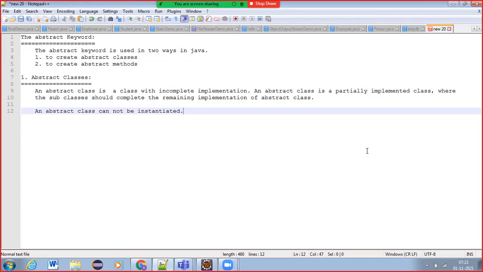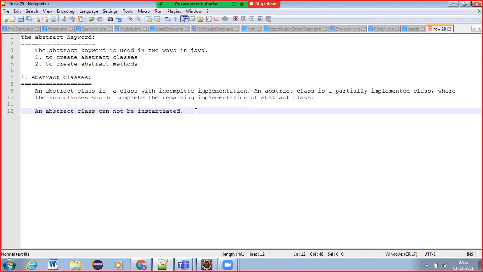Can you hear me? What is the meaning of instantiated here? Instantiation means creating an object for the class. That is instantiation, right?